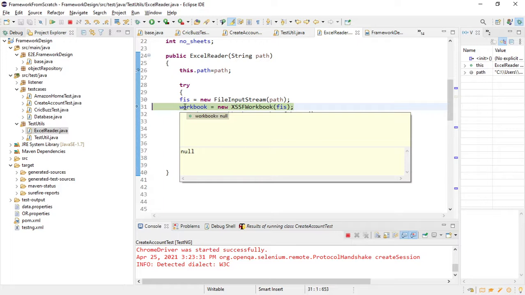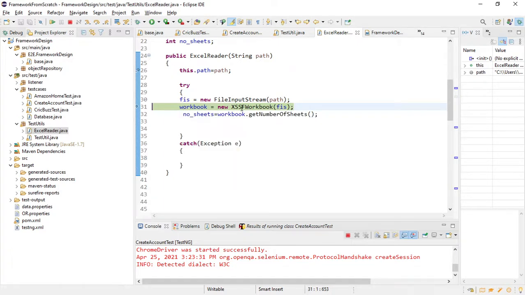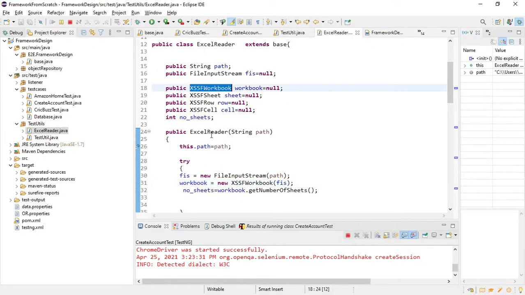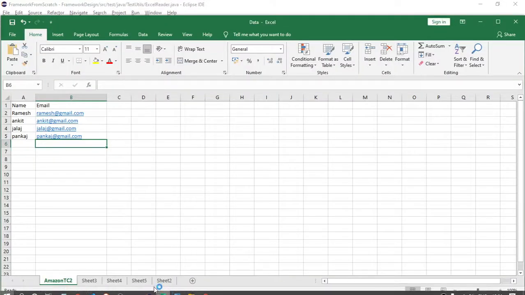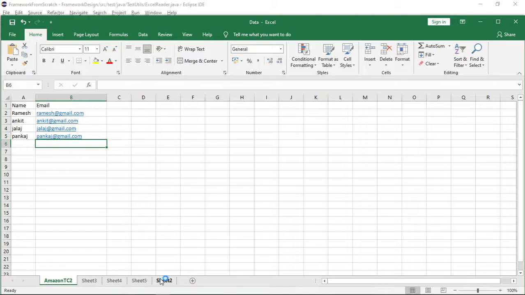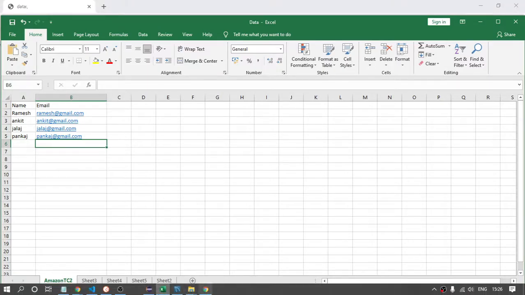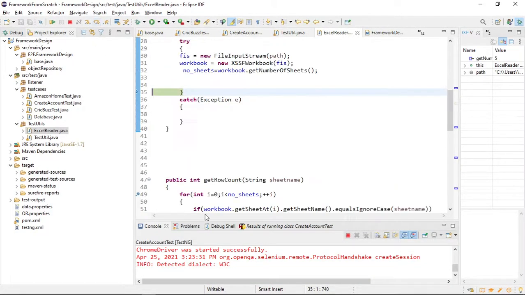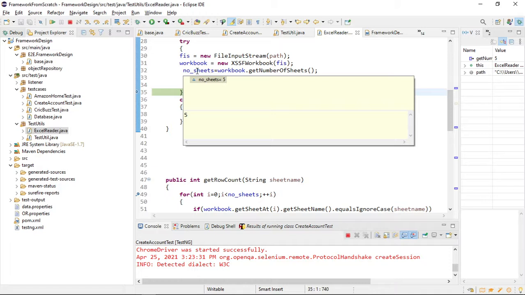And after that, this we have also discussed, right, how we can read the data. So we are creating the object of this class. Now if I invoke this, this object I have created here, the object of this class, and after that I'm saying workbook dot, this will give me the total number of sheets. So how many sheets are present here? If you see, 1, 2, 3, 4, 5. Total 5 sheets are present here. So this method will give me the total count of sheets. If I invoke this, the total number should be 5. So you can see the count is 5.